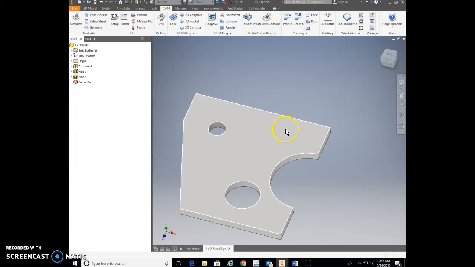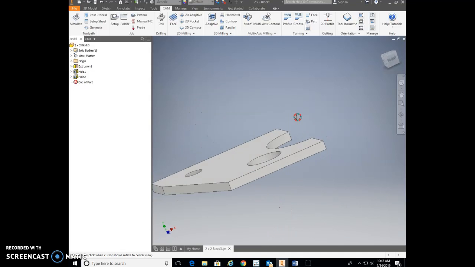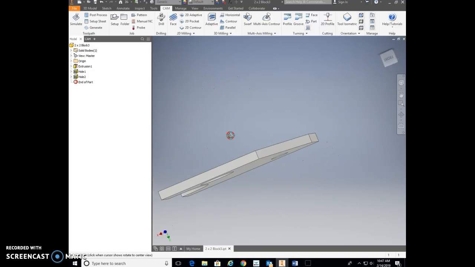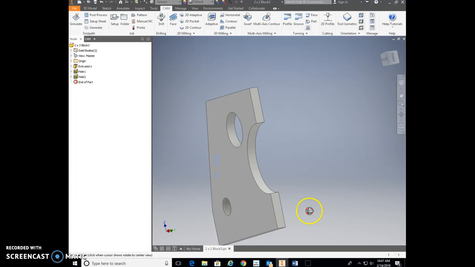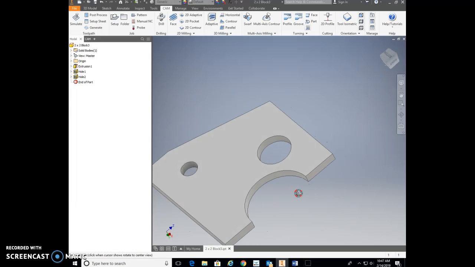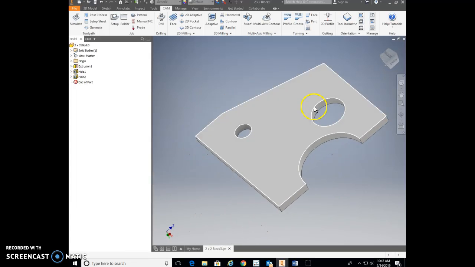So the first thing we're going to do here is create your post for this part. This is our simple little practice part that we created the other day, last time. Now we're going to create this as a post, which is what the 3D router table takes. It's the code that's generated to actually cut this out on the router